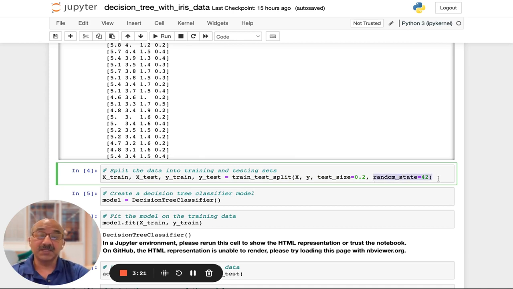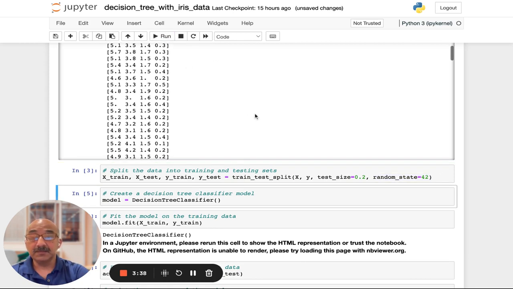If you set the random state to a number, then each time you run this split, it splits in exactly the same way. If you didn't have that, it would be truly random, and then your data set will vary, your accuracies will vary. Okay, so let's split the data set. That's done. Now we're going to actually call the model. It's called decision tree classifier,